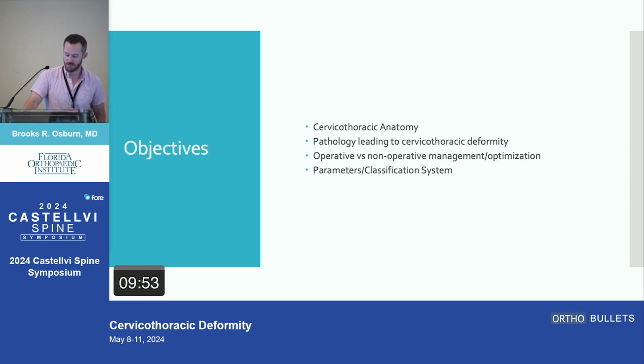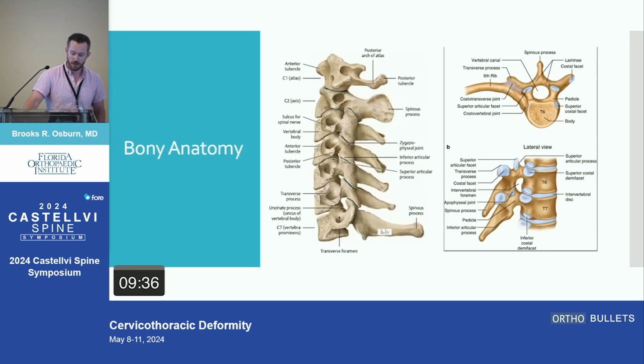Go over the objectives. So we're going to briefly talk about cervicothoracic anatomy, the pathology leading to these type of deformities, operative and non-operative management, optimization, and then really focus on the parameters and the three classification systems that are most commonly used. So bony anatomy, main thing I would say here is just the transition between the C7 and